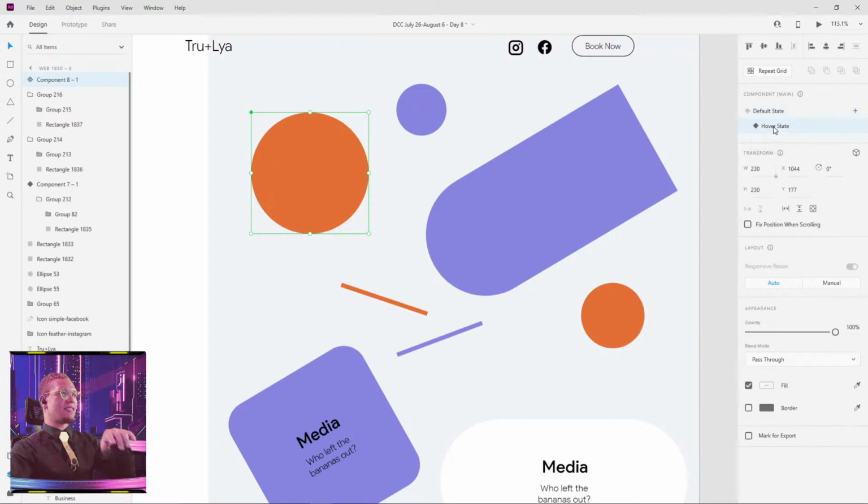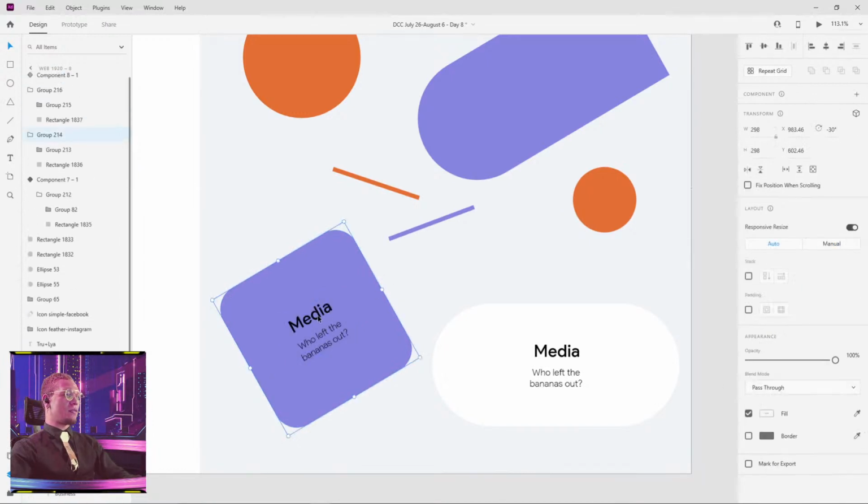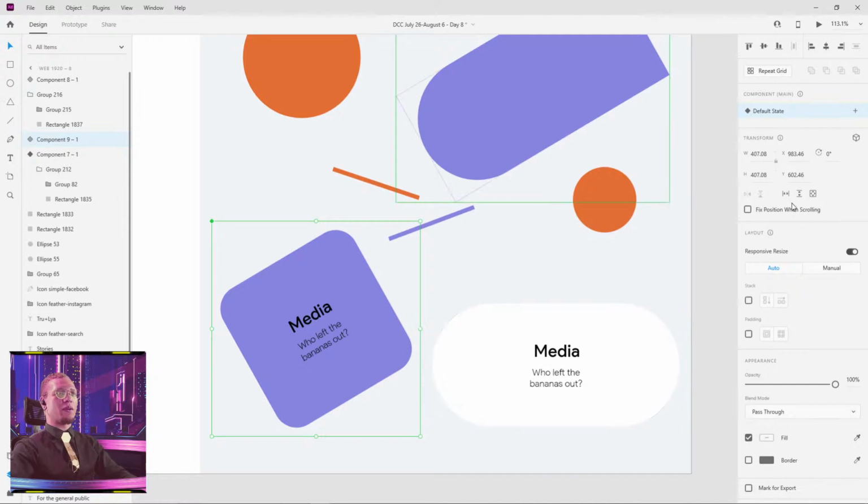I did this in reverse, I think. We'll figure it out. I'm pretty sure we're fine. Either way, we'll work fine. Because the hover state isn't on the circles, it's on something else. All right, so we are going to do, whoops, forgot to do Control K to make the component.